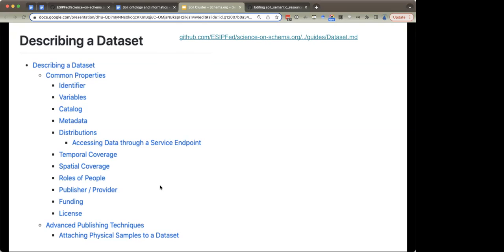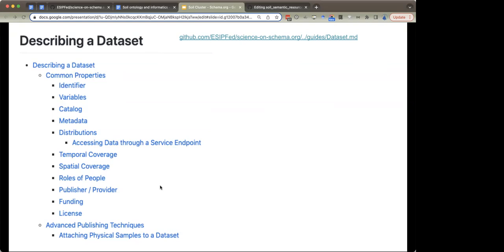So let's say a particular data set could be downloaded as MATLAB or NetCDF. This would be one way to describe direct links to all those particular files. And as a subnote, we can also talk about service endpoint. So if the data isn't available directly, but you need to hit some API endpoint, there's a way to describe